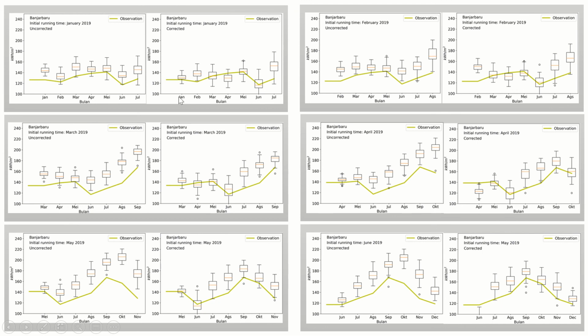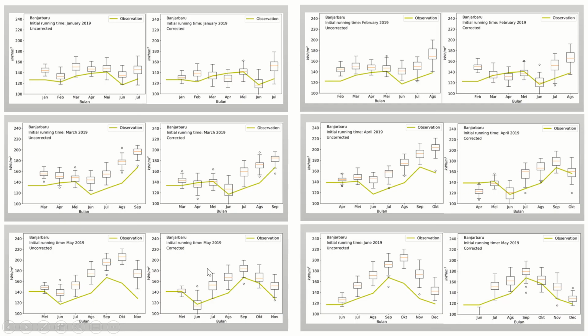So in the first gray box, the left graph is the monthly value of radiation that is generated in January 2019 before the bias correction method, and the right one is the same forecast for the same period but after the correction method. So this one is for January, this one is for February, March,